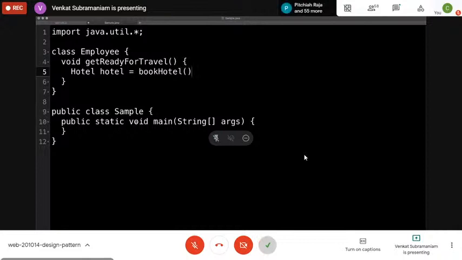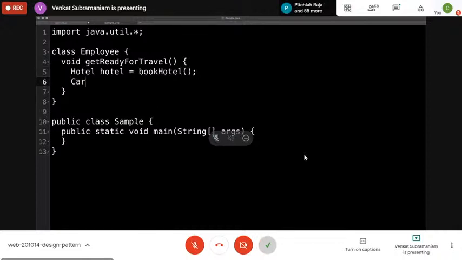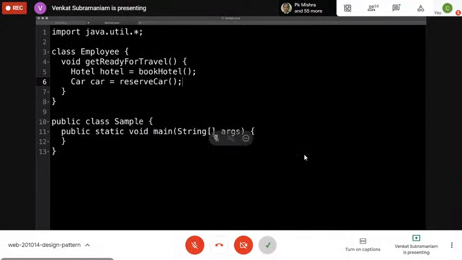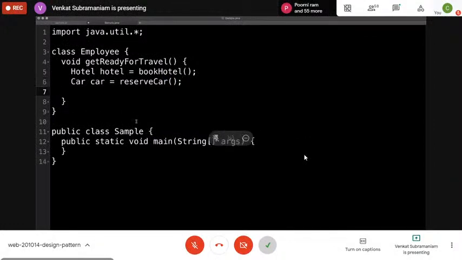So I need to book a hotel. Okay, great. Then I'm going to say car equals reserveCar, because I've got to reserve a car to get to the place where I need to go. And then there are more things I want to do. So an employee is going to have a getReadyForTravel with a bookHotel and so on. But I'm going to make this an abstract employee.